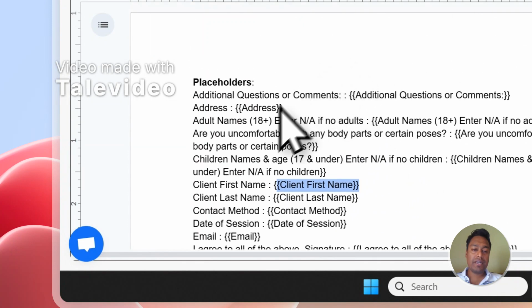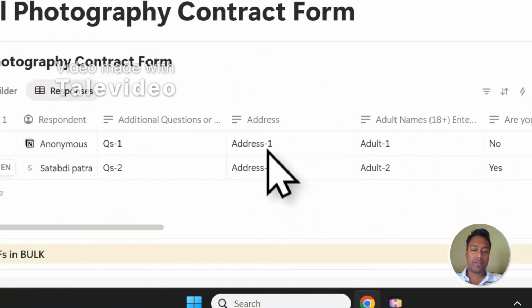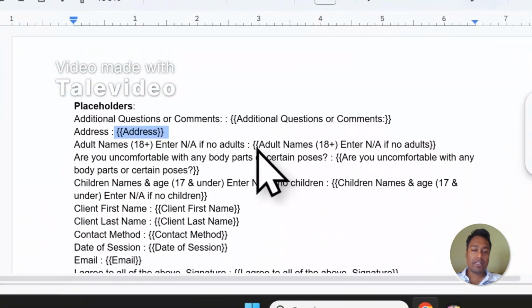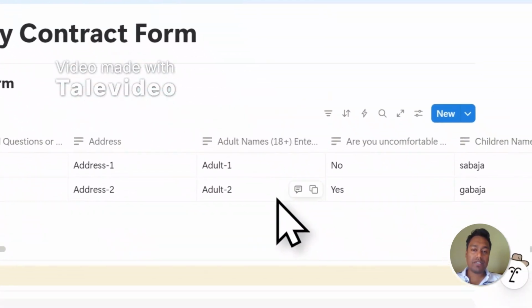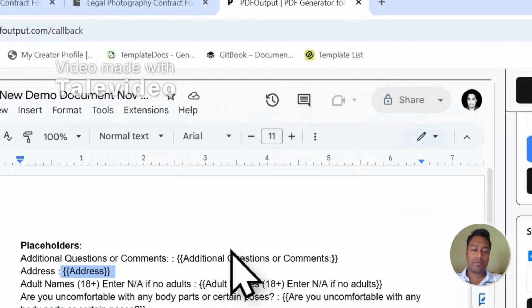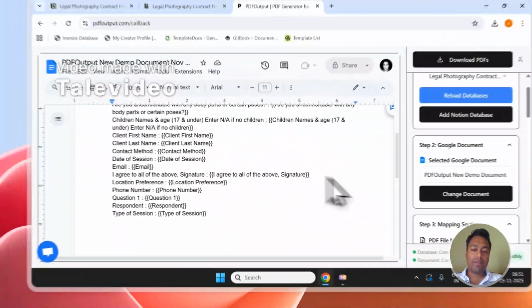So when the PDF is created, all the fields inside double curly brackets such as address will be replaced with the address values. Then we have the adult name. This will be replaced with the adult name values and so on for all the other fields one by one. Okay. If you want to manually map any